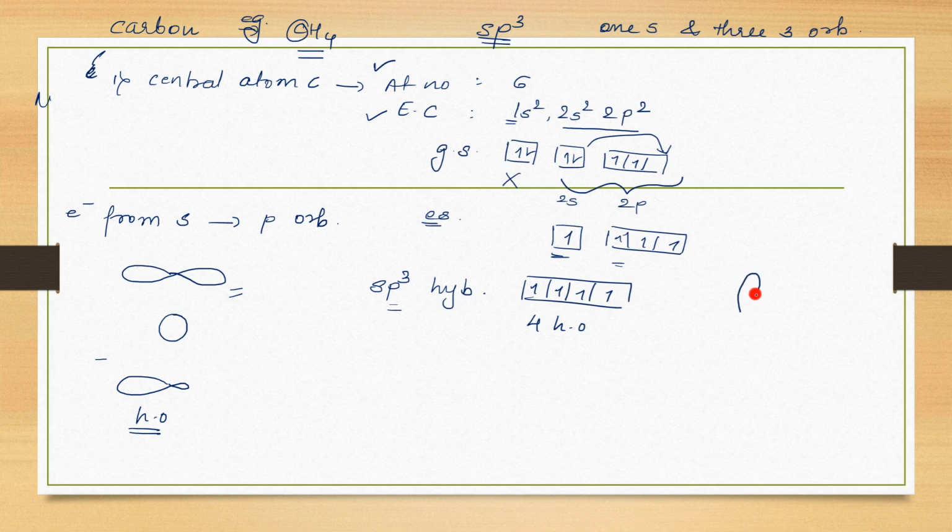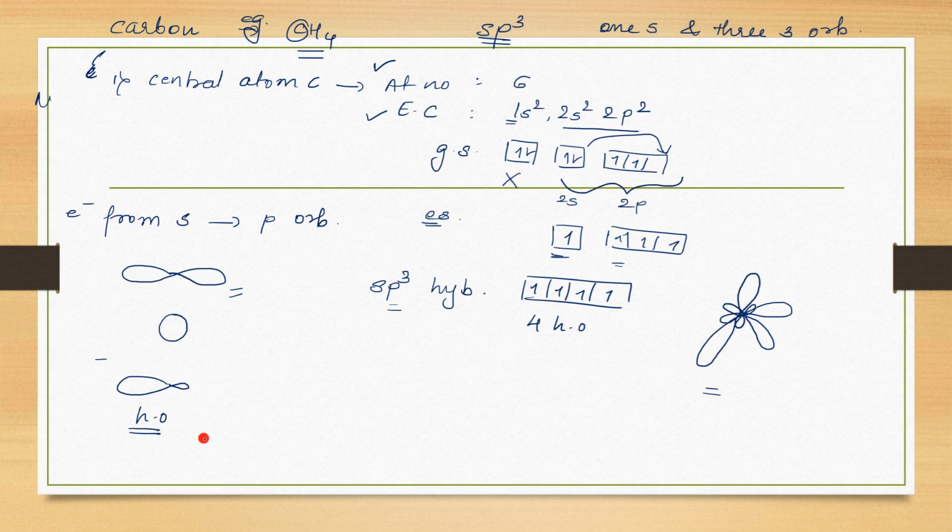This is fun. I always like teaching hybridization. This is so 4, no? Whatever shape you can draw, just show the 4 hybrid orbitals. If you want, you can draw with me also. This is how you can draw it. Okay, 4 sp3 hybrid orbitals. Nice flower you can draw. So this is sp3 hybridized orbital, right?